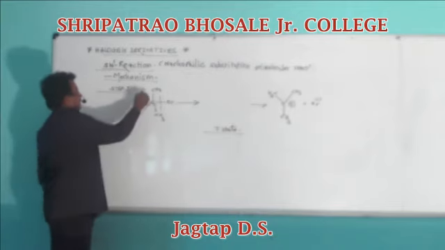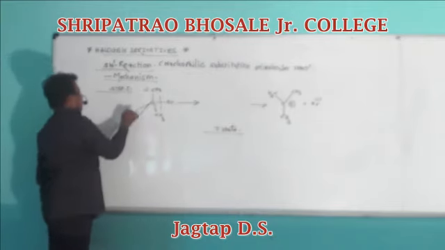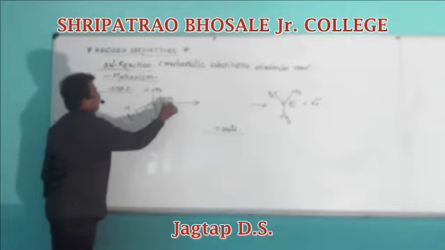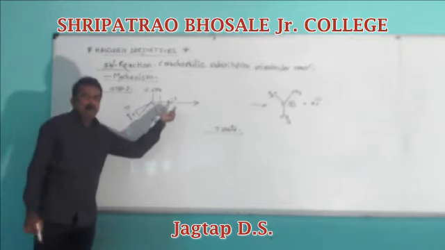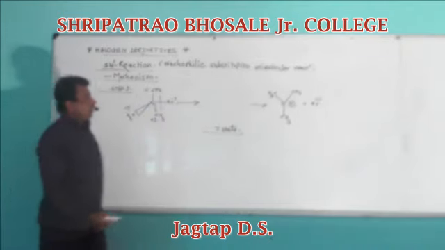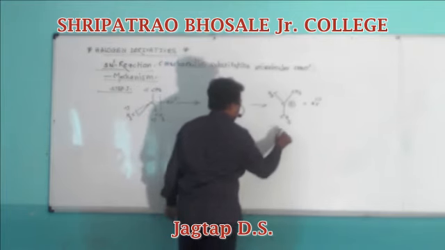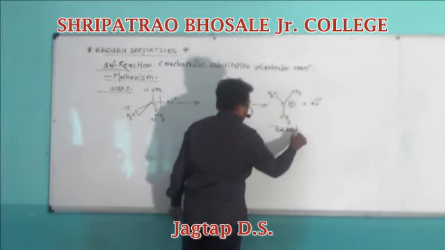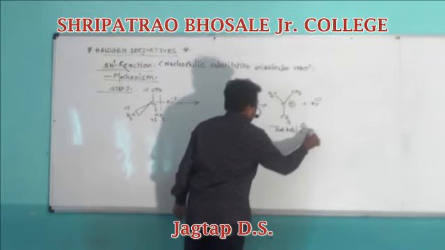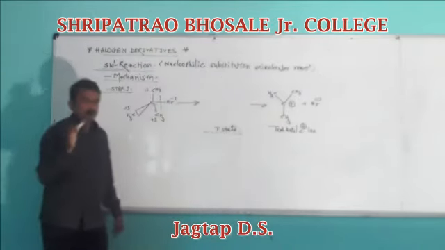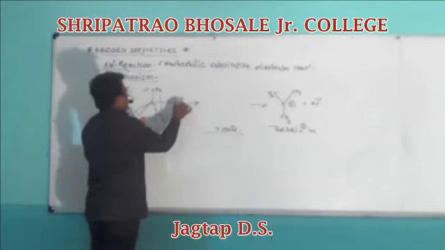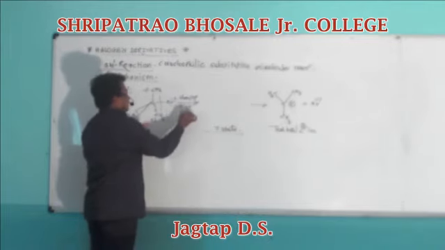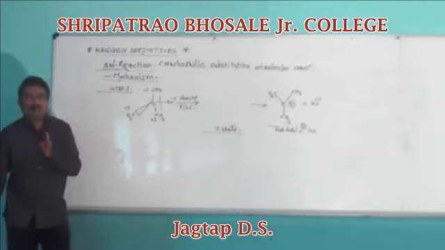Due to positive inductive effect of three methyl groups and the negative inductive effect of bromine, the breaking of C-Br linkage takes place heterolytically to form tertiary butyl carbonium ion through transition state. But the formation of transition state is a slow step called RDS, that is rate determining step.